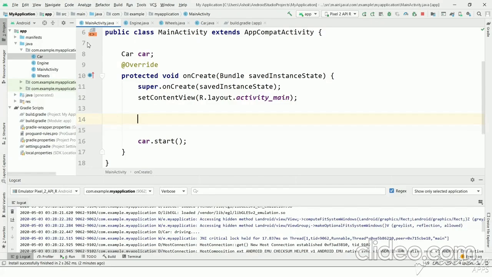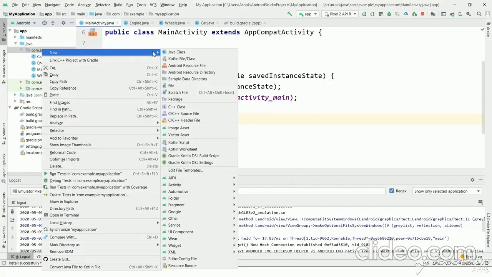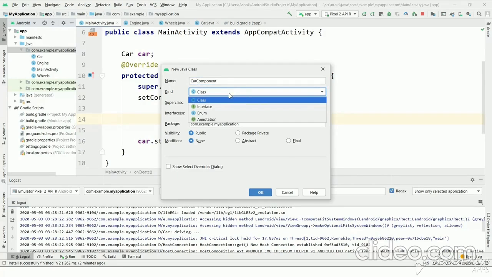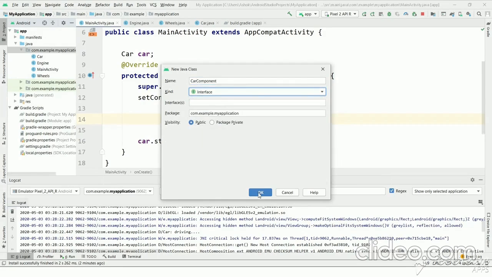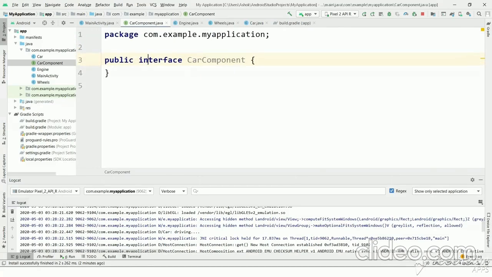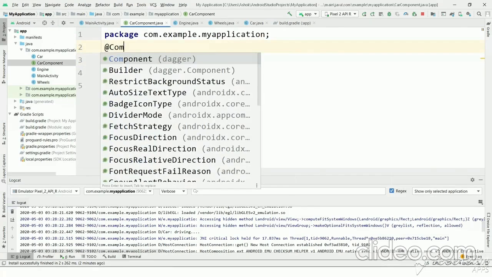Now let's create a new interface called CarComponent, which is responsible for creating car objects. It is an interface, and it is annotated as @Component.